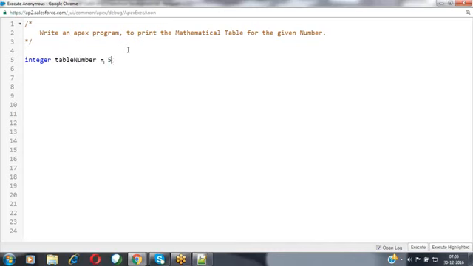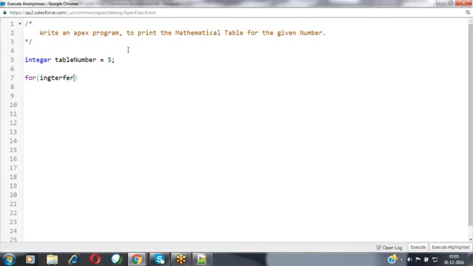I'm giving the value as 5. Now for the number 5, I would like to generate the mathematical table. For that, I'm using the for loop. From where to where? From 5 into 1 equals the value until 5 into 10 equals the value, nothing but till 10.